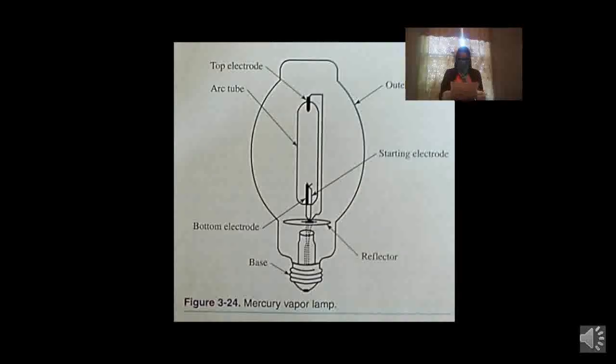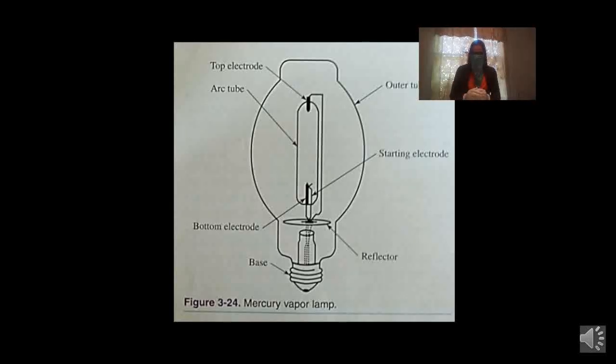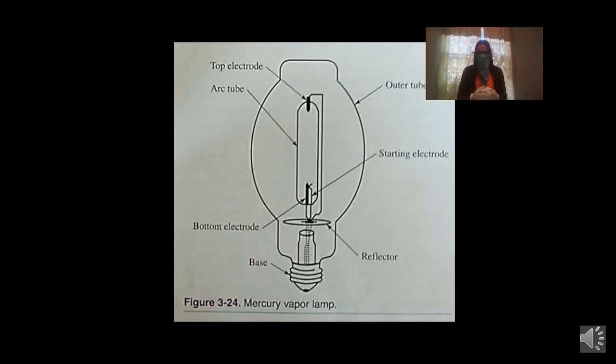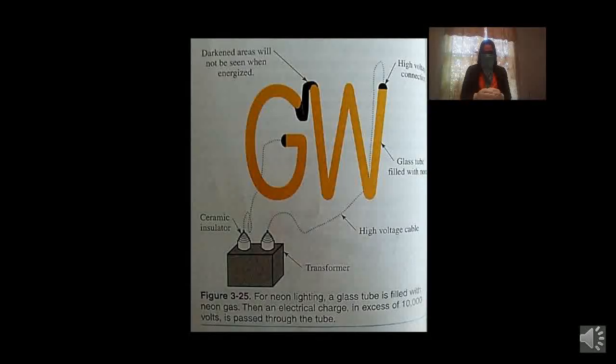Mercury vapor lamp. Figure 3-24 shows the construction of a typical mercury vapor lamp. It consists of two electrodes connected at opposite ends of an arc tube. The arc tube contains a small amount of mercury and argon gas. When the lamp is energized, the starting electrode generates heat to vaporize the mercury and ionize the argon. After a considerable time, the starting electrode opens, allowing the current to flow through the arc tube. The disadvantage of this type of lamp is the long delay required when starting or when the power has been temporarily interrupted. The neon lamp, shown in figure 3-25, consists of two electrodes inserted in the end of a long